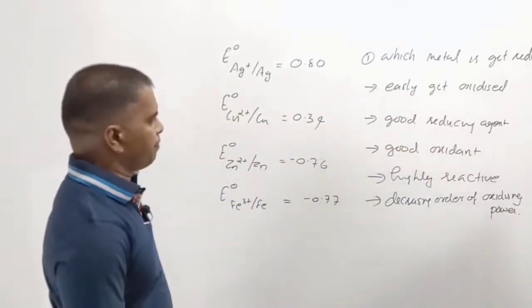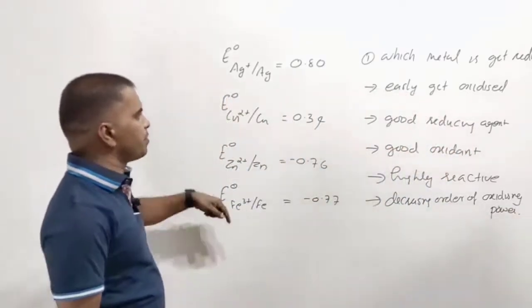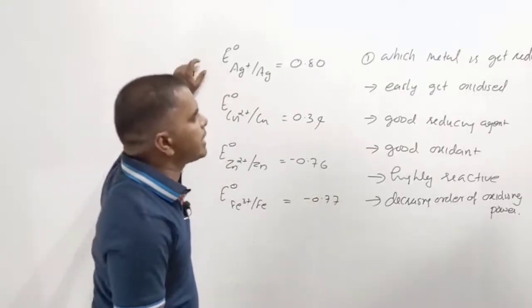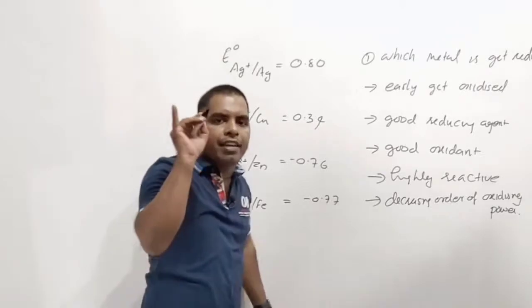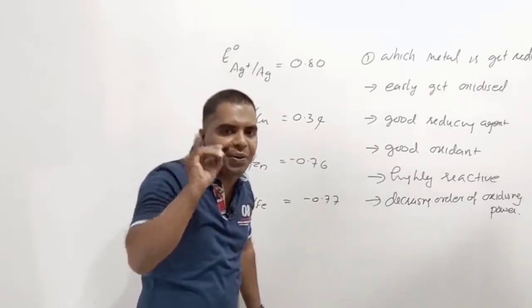We have six questions related to these values. Which metal easily gets reduced? An element with a high reduction potential easily gets reduced. Metal with